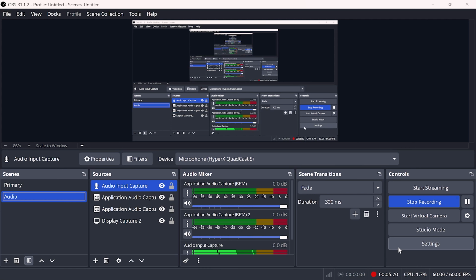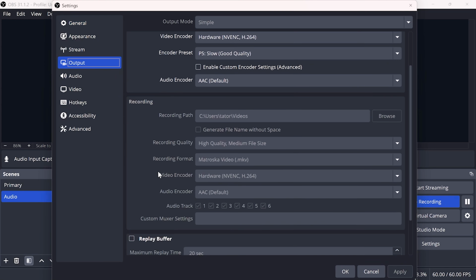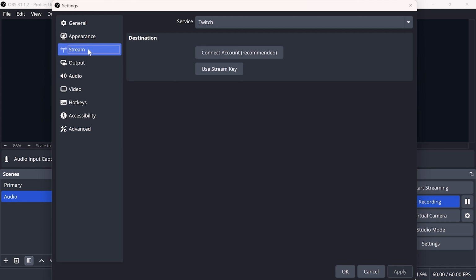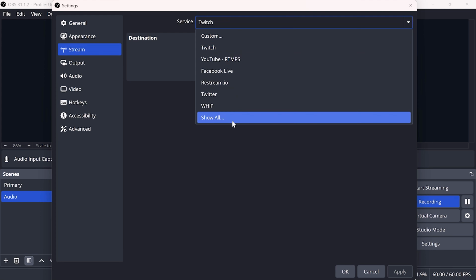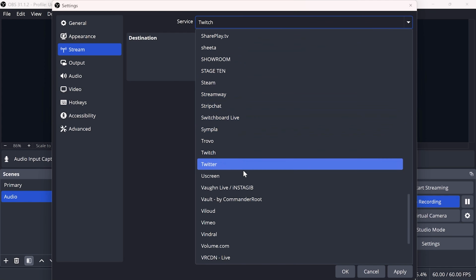Now another thing too is you want to make sure in settings on your output that you have audio tracks 1, 2, 3, 4, 5, 6 being recorded. And you have everything sort of set up the way you want, right? Streaming, you could stream to whatever you really want to. I mean, as far as that goes,